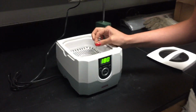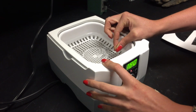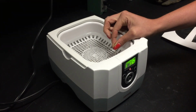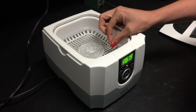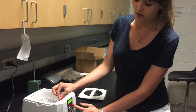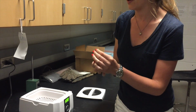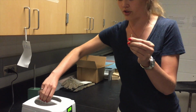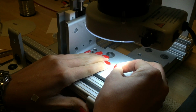Okay, so we're going to stick this probe down in the water before we turn it on. The probe is going to stay in this water bath for 1 minute, and the water in here is distilled water. The machine is an ultrasonic cleaner. One minute is up now, so I'm going to turn the cleaner off first and then take the probe out. There's usually a little bubble right between the two sides of the probe, but we're not going to try to pop that yet. After it's cleaned, we stick it back into the microscope holder